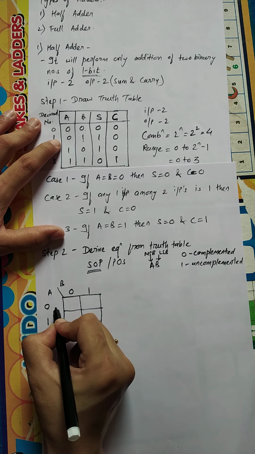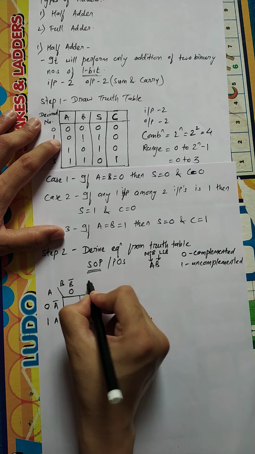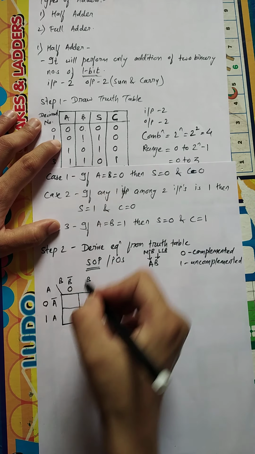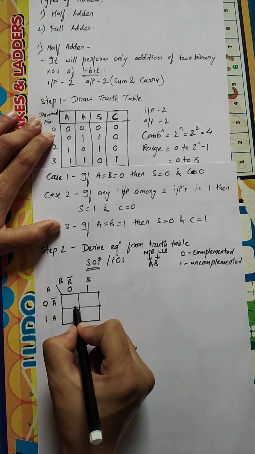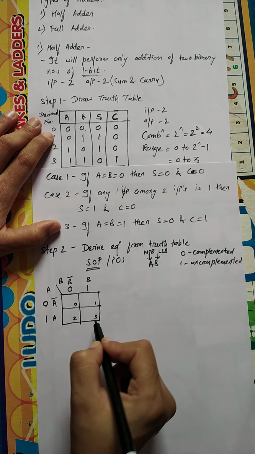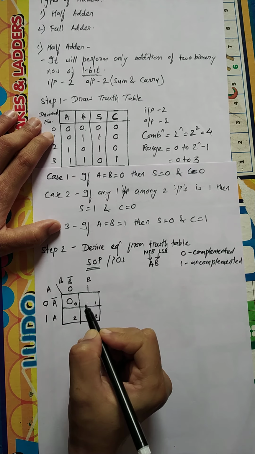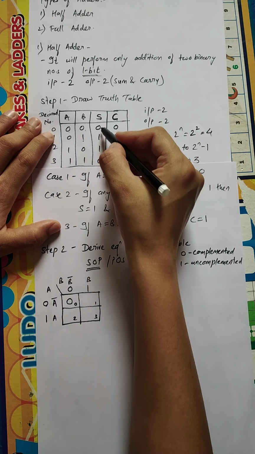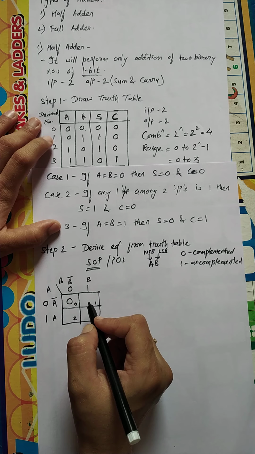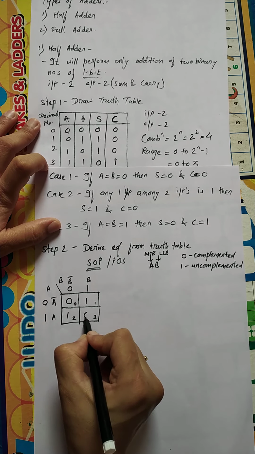So here 0 is there, A is the input, so the A bar, and this is A, this is B bar and this is B, right? Now I have to just map this sum output to this K map. So this is how I have to number the boxes, 0 1 2 3, right? So 0 number output will be mapped in 0 number box, so output is 0. So just map all the outputs from sum to these 4 boxes. So 1 number output is 1, 2 number output is 1, 3 number output is 0, right?